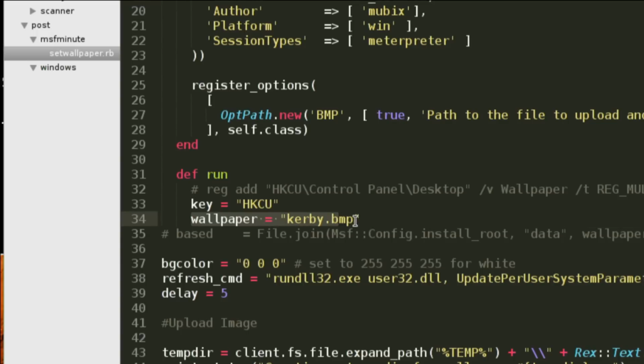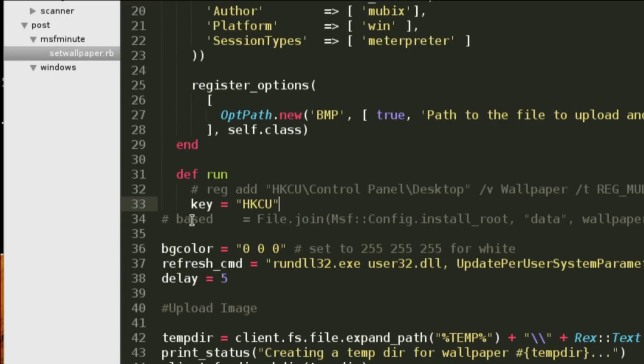I'm going to show how you can use that later. Just remember that base was our path locally on our attacker machine of where our bitmap was going to go. And this wallpaper, we're going to name it kirby.bmp for now. No, let's remove that too. How we're going to remove that, and why, is because we are going to